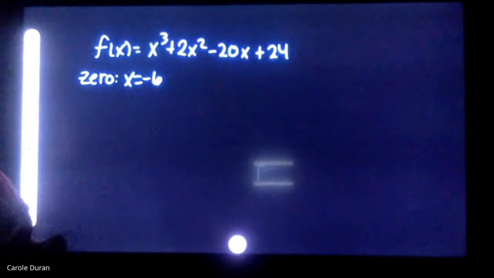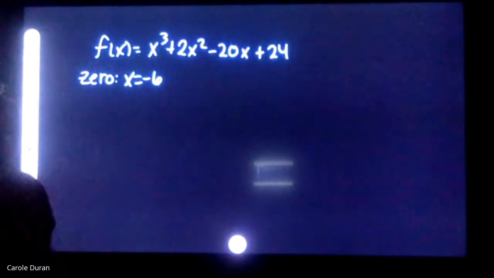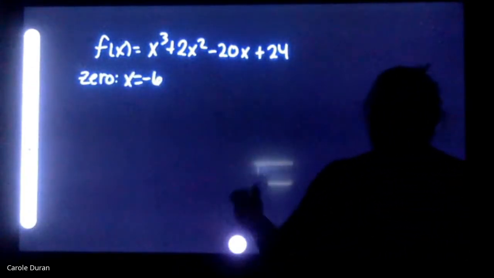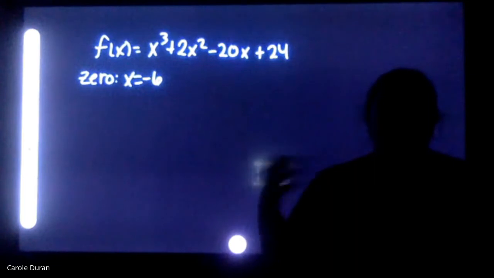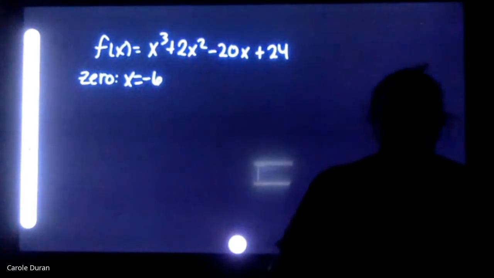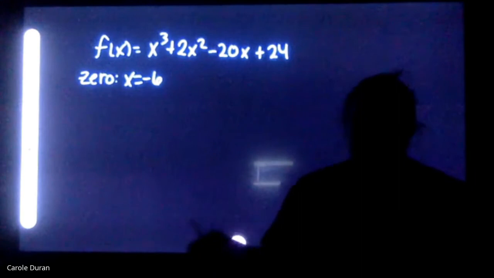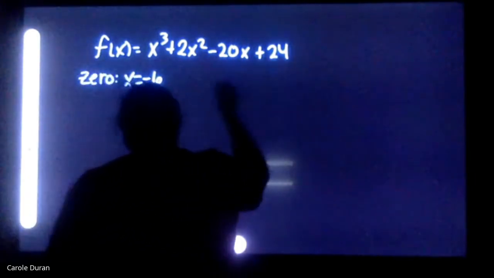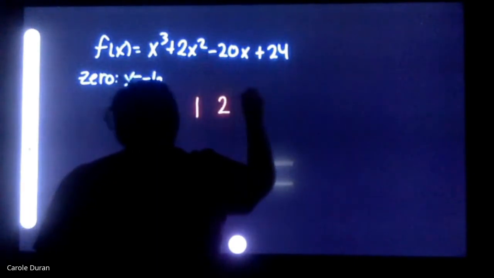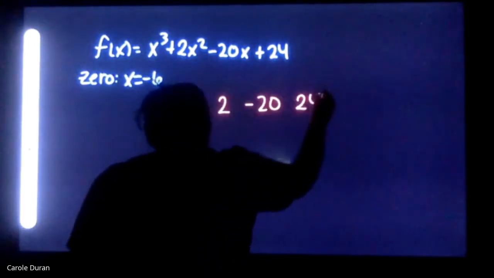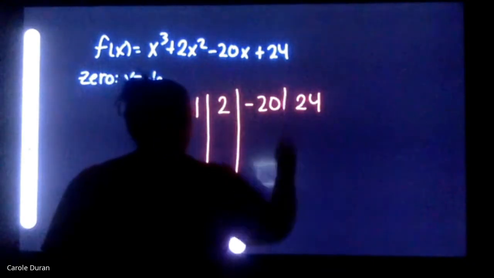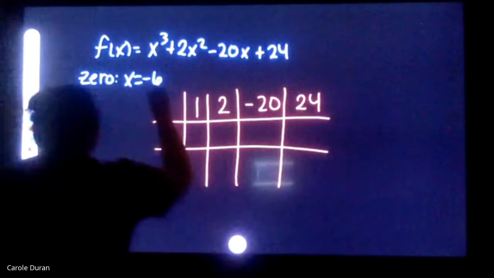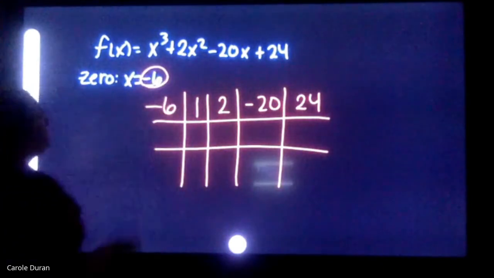Since I already know one of my zeros, I can use synthetic division to divide that number out, which will give me a new, smaller polynomial that I can continue solving with until I get it down to a quadratic, because that's my end goal, because then I can use the quadratic formula to finish solving. So we're going to set up our synthetic division using this original dividend polynomial. Negative 6 is the number that I'm going to be dividing out since it told me that that's one of